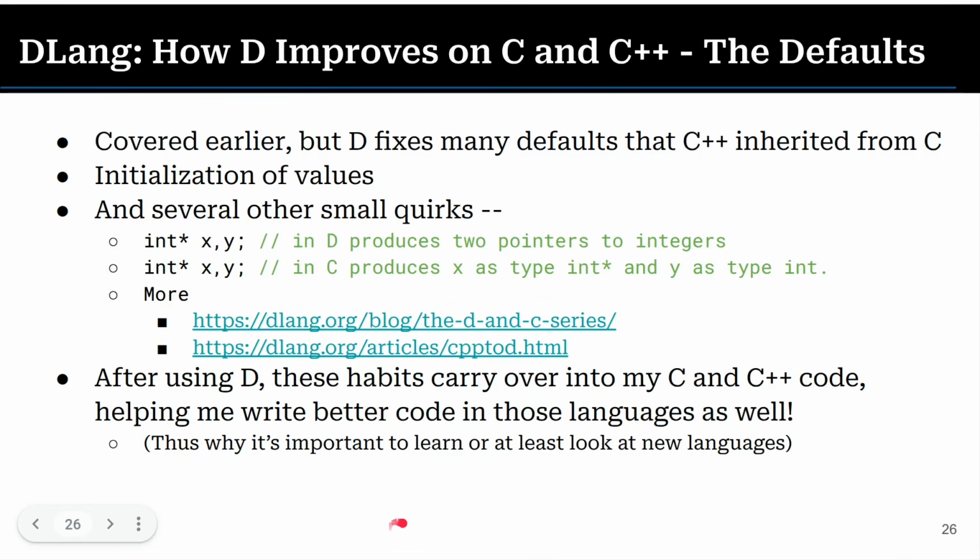There's other little things that have been improved. For instance, when you declare two variables in one declaration in D, this produces two integer pointers. In C, this will produce one integer pointer, and then the Y will just be an int type, which could be confusing. And in C, you can assign an integer or some address value and get very, very weird behavior. So the D compiler catches a bunch of these little things.